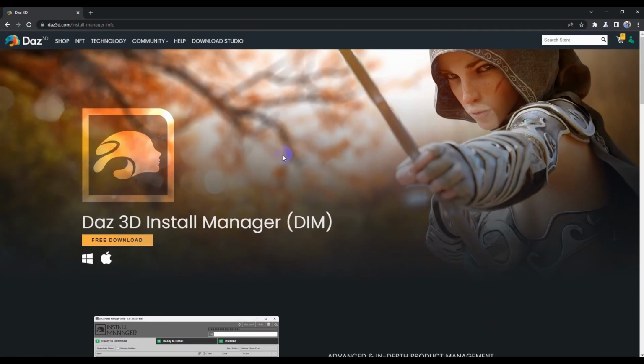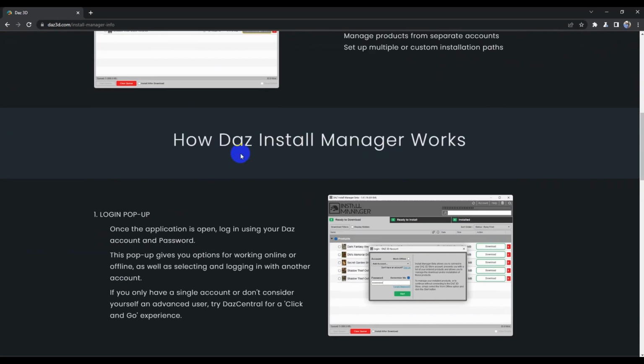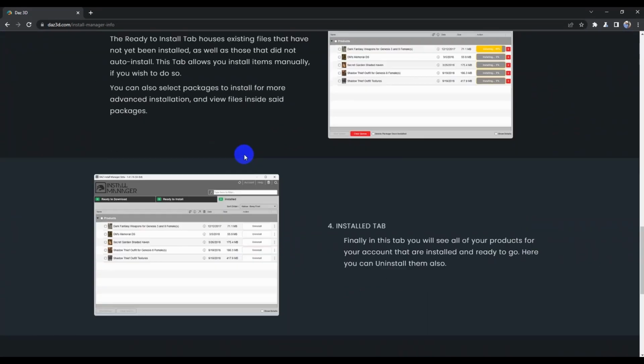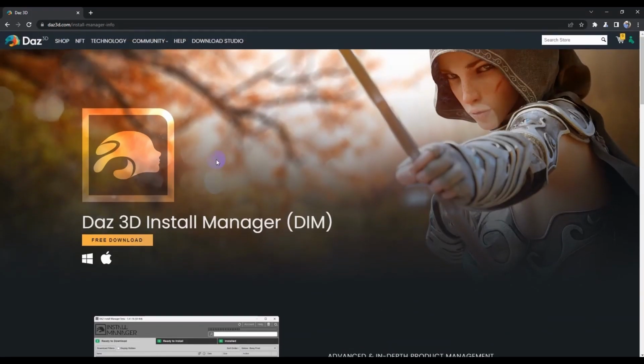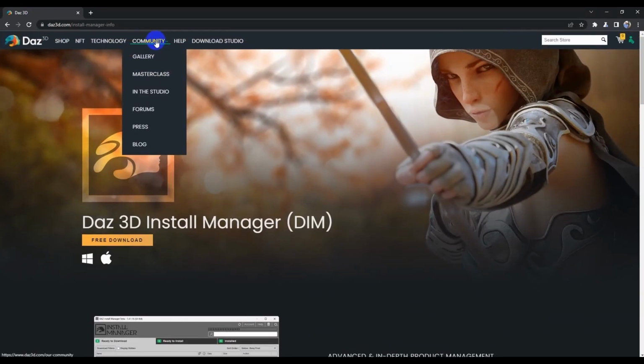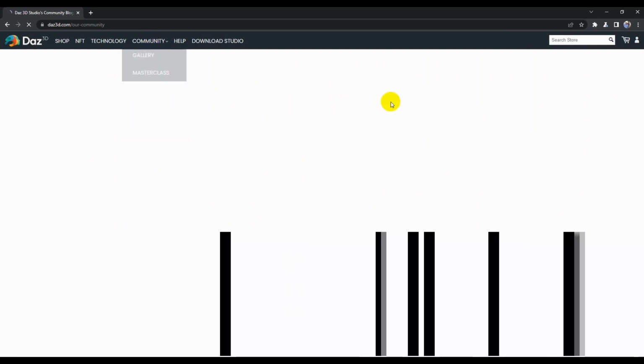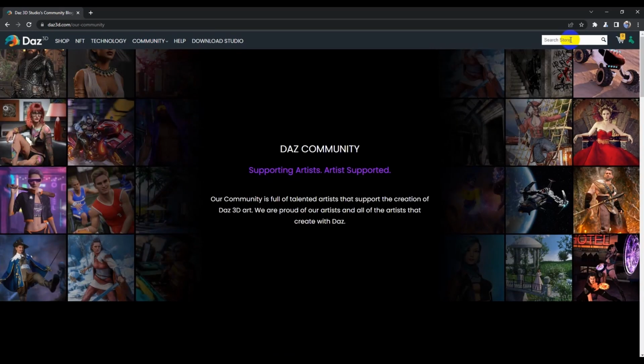The default characters, they are there. And there are free characters that you can download. Even right here, there are free characters. For example, once you open like that, you can just type.